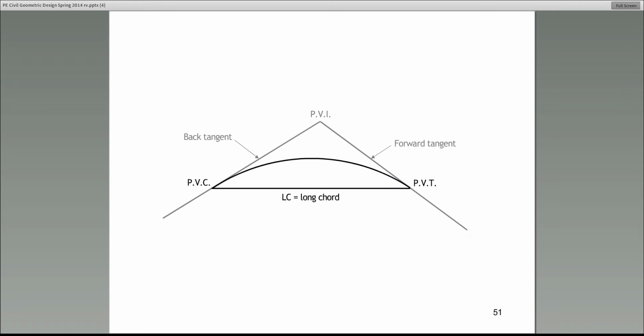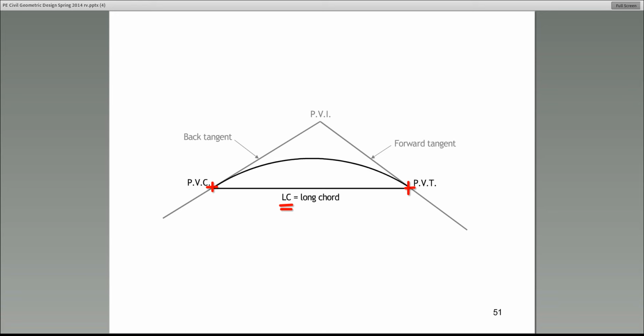PVC, point of vertical curvature. And the point where the vertical curve ends and the next alignment begins, we call that PVT. Then the straight line that connects the 2 points, PVC and PVT,